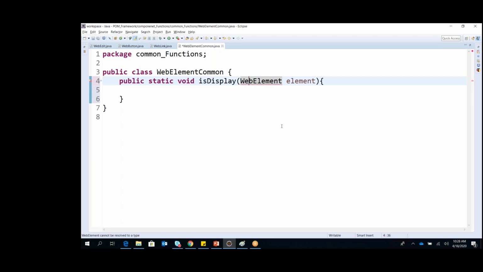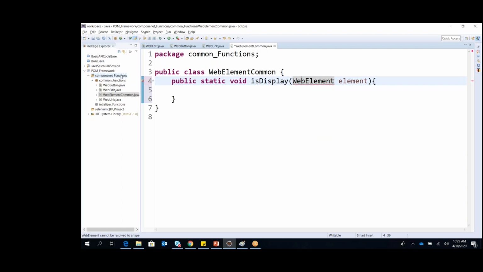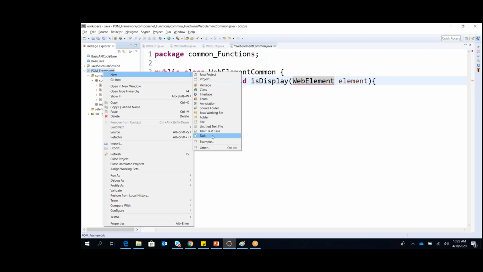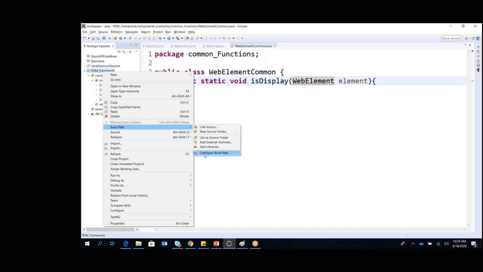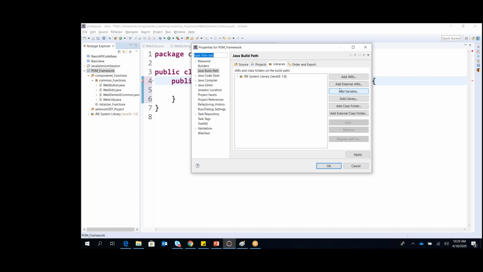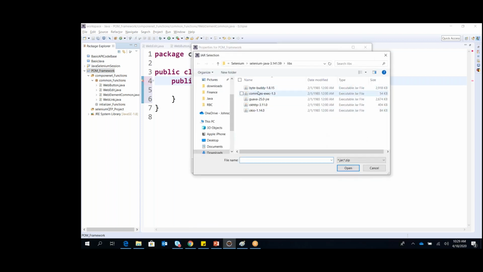particularly a class or interface present within another third-party library, and that library is nothing but my Selenium library. Once I mouse over on this, I can see there is an issue, errors, or some suggestions. I don't have any of the Selenium library here, so I can do one thing first. I can right-click, new, build path, and configure build path. I can add the libraries, those are your Selenium libraries. I can go to external jars and select these libraries. I already downloaded them, and I already showed this in my previous session.